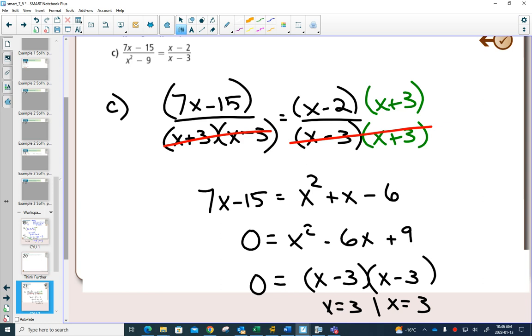The last thing we need to do is our check. What were our non-permissible values? We're dividing by x plus 3 and x minus 3, so x can't equal